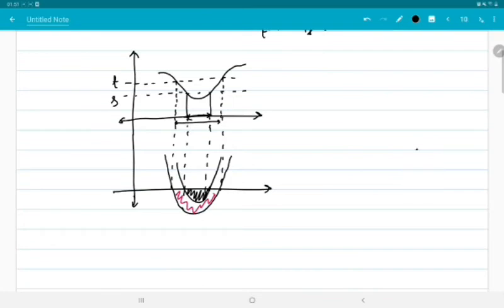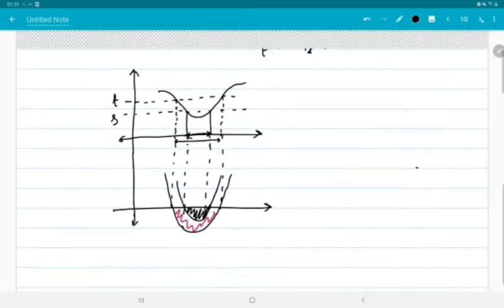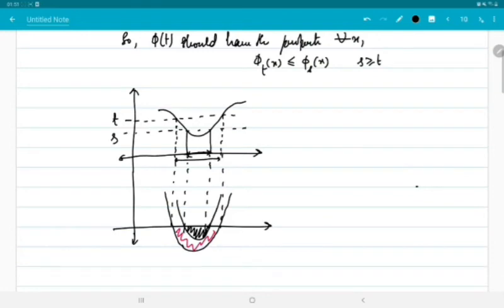Right, so this is what is being conveyed by this expression. If we fix x and increase s, so this is what we did: we fixed x and then we are increasing s. In this case t is greater than s, so we see that the convex function associated with the t sublevel set always has lesser values as compared to the s one.